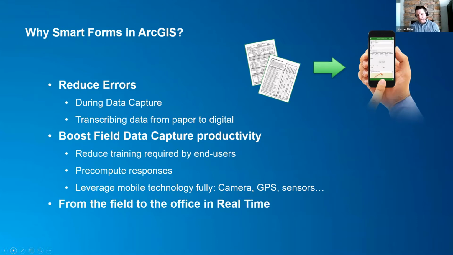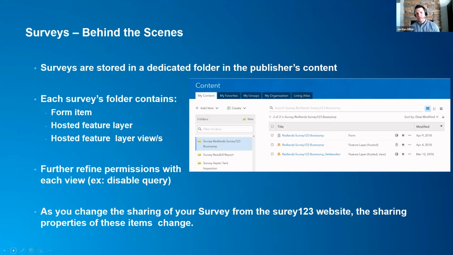And this gets that data from the field to the office in real time, or near real time if you want to take it offline. I know there's flavors of both that you can take advantage of. All that data then takes advantage of your internal GPS or an external GPS unit to spatially enable that data. So behind the scenes, what this does is when you publish a survey, it spins up a couple feature